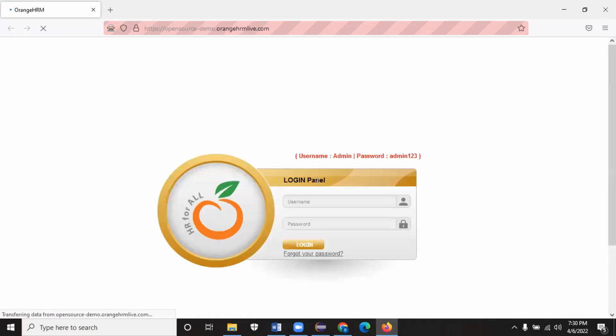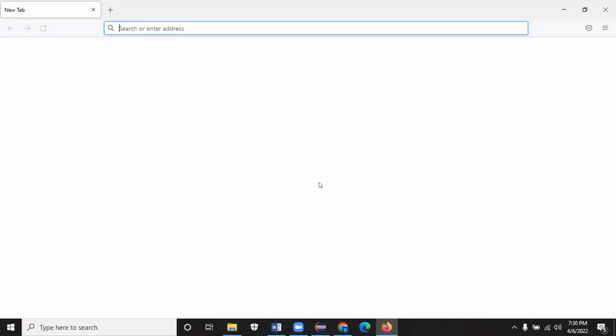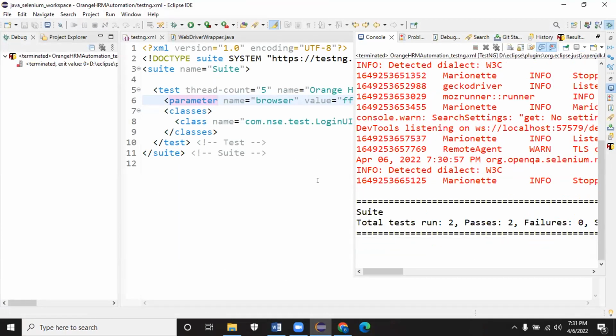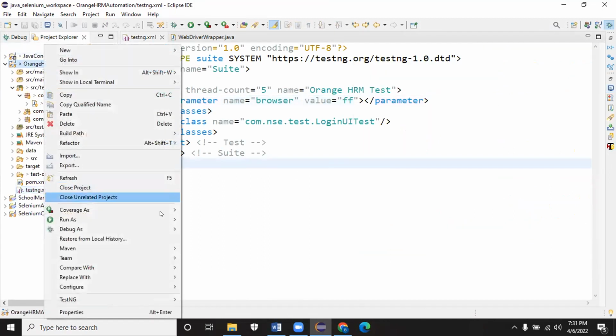Our framework, what we designed, is going to have extensibility. You can easily keep extending features in the framework. Understood? So all this can be controlled by using the testng XML. Suppose you want to run the regression in all three browsers. Instead of modifying it one by one, you can create two or three test tags.